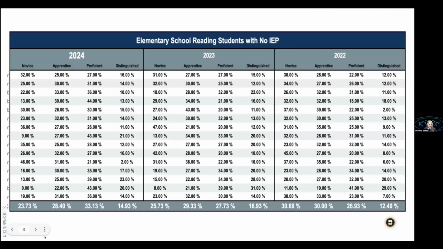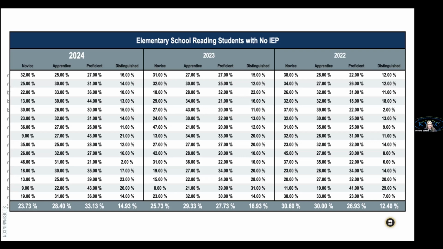And so I'll just start by, this is the data that we pulled here from KVEC. So this is the KVEC region, and we started looking at data, and I'm just going to talk about this briefly as we move into our more focused conversation. But this is for the KVEC region, how our elementary school reading scores for students with no IEP. And so I just wanted to let you take a second and look at that. So I just wanted to start our conversation with this.